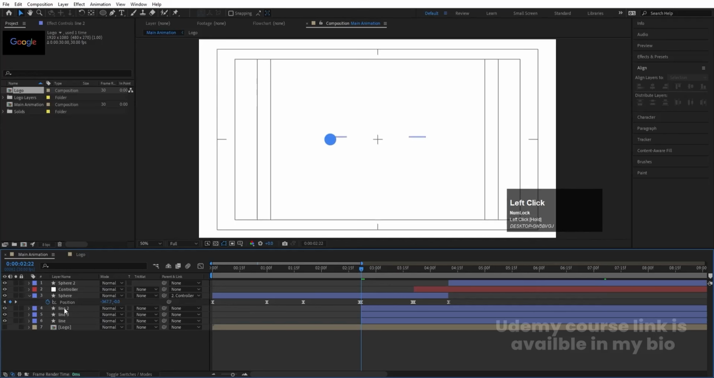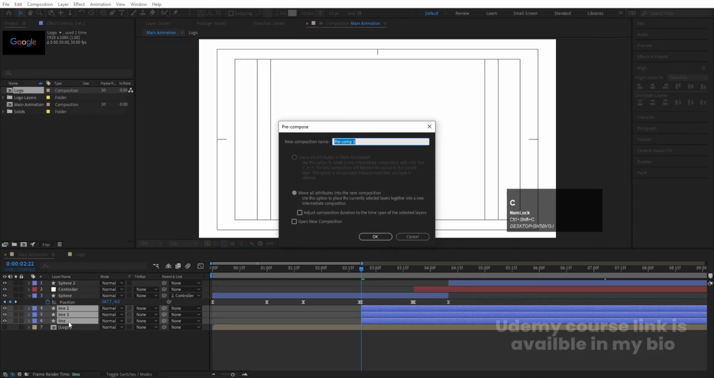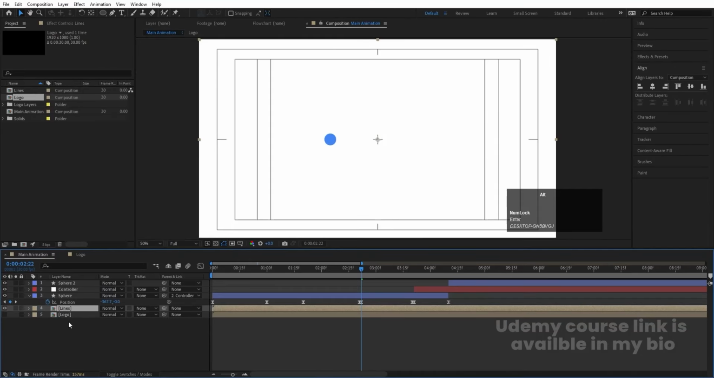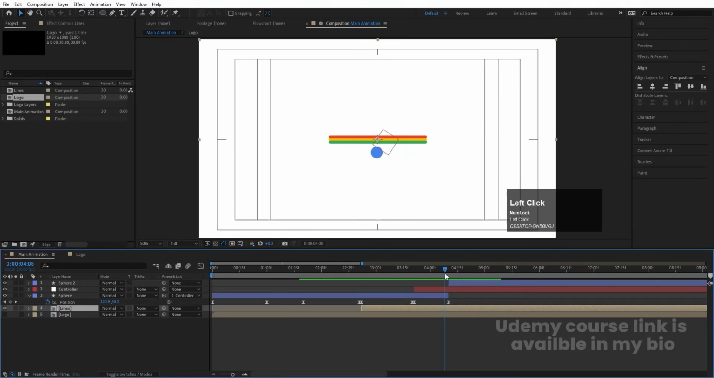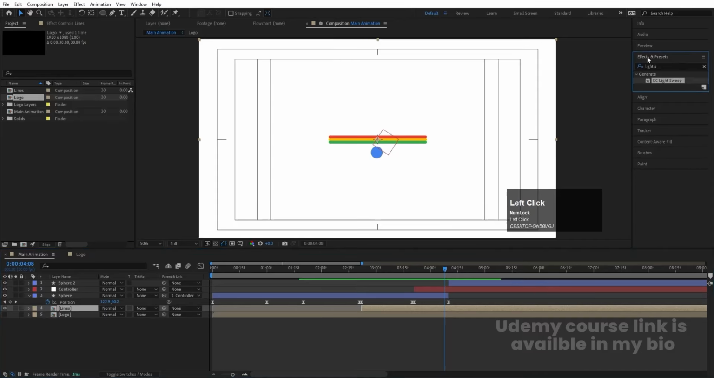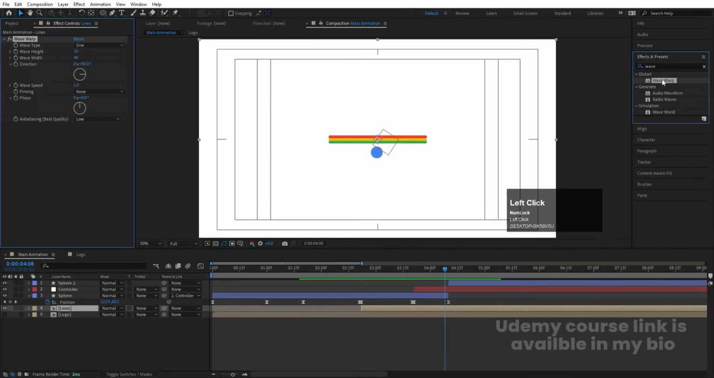Now I'm going to select this line composition. I'll press Ctrl Shift C to pre-compose, and I'm going to call it lines only, and hit OK, and hold Alt and press close square bracket like this. Then at this point, let's select this, go to the Effects and Presets panel and search for the Wave Warp effect and double click to apply, and let's increase the wave width to somewhere around like this,